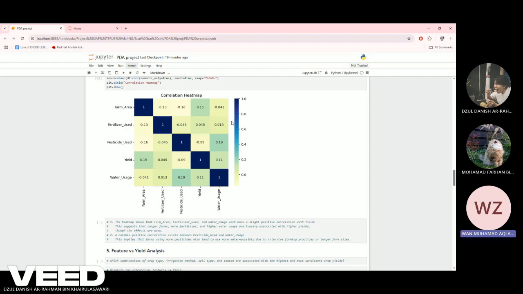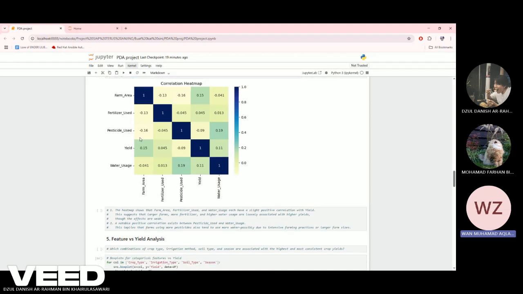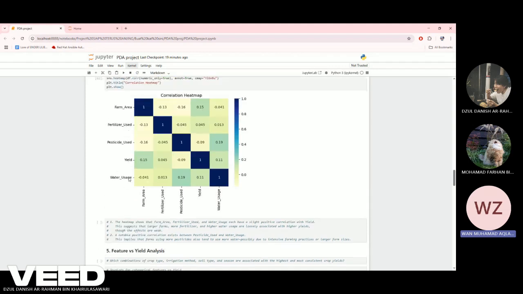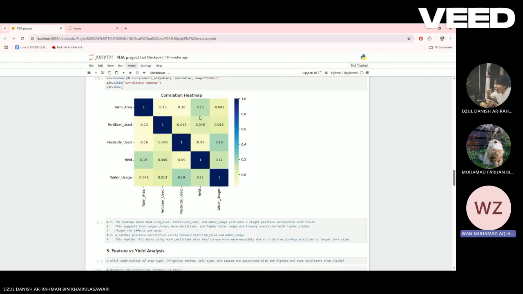Okay, next, Assalamualaikum. So next we're moving on to the correlation heat map. The correlation heat map reveals that farm area, fertilizer use, and water usage each show a slight positive correlation with yield. This means that generally larger farms, increased fertilizer application, and higher water usage are loosely linked to better crop yield. However, these correlations are relatively weak, suggesting that while these factors may contribute, they do not strongly predict